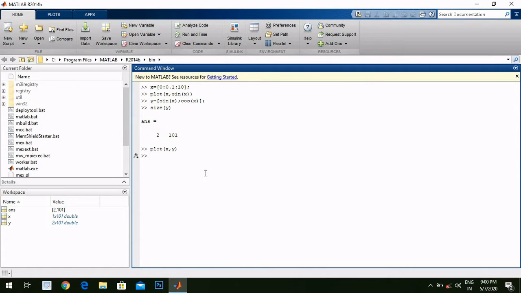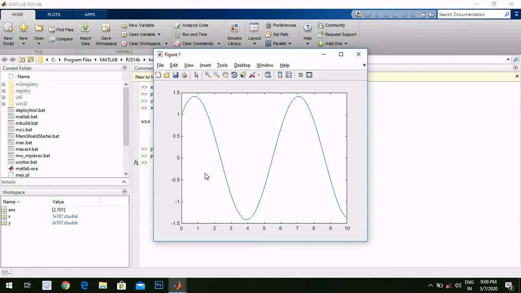Let me close this. Right now, plot x versus sin x plus cos x, right? We are going to add sin x plus cos x. As we can see over here, we have the value of sin x plus cos x that is going to start from 1 and go in an upward direction, then after that in a downward direction. So it is the summation of the sine wave and cos wave.